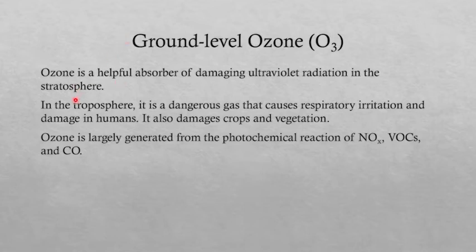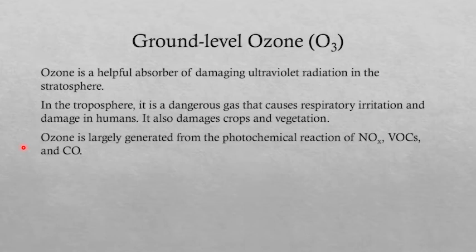If the ozone is in the troposphere, and worse if it is at ground level, it is a dangerous gas that causes respiratory irritation and damage in humans. Also, it damages crops and vegetation. Basically, ozone is a very strong oxidizing agent that can oxidize a majority of substances that it touches. That's the reason why photochemical smog is not only unsightly and not only irritating to the lungs,